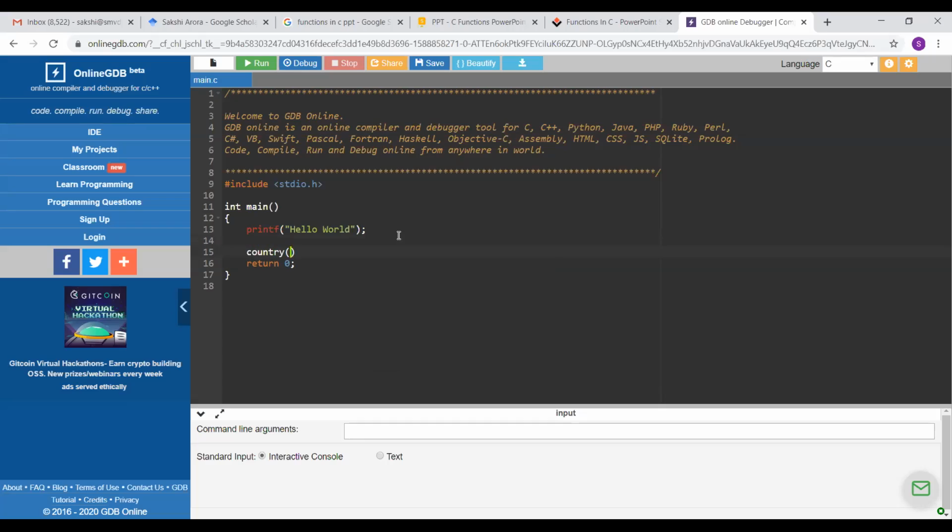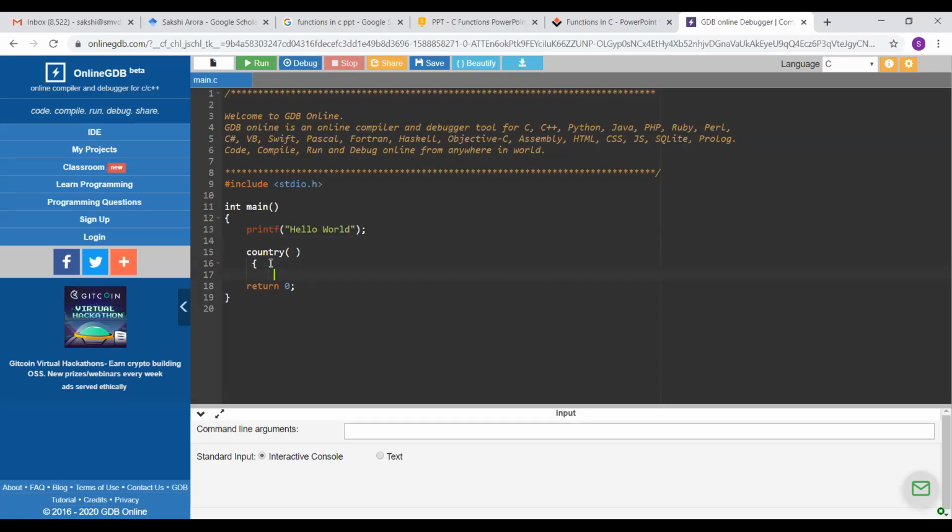It is important, let me tell you, to include these brackets after the function name. Otherwise, the compiler will not know what it is. Fine. So I am writing this as country, and I will include this bracket and write a statement in this piece of code.